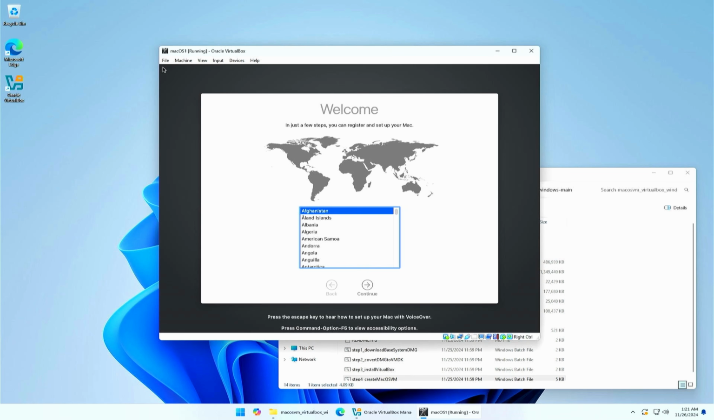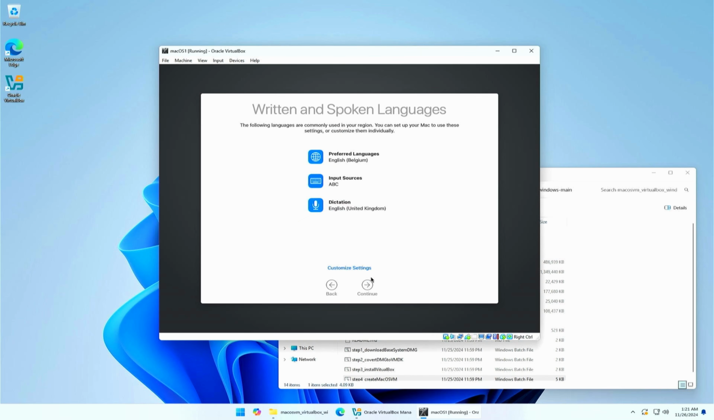If all goes well, you should eventually end up in the welcome screen. This is exactly the same as you would see when doing a fresh installation on real Apple hardware. Just click yourself through the steps in the wizard here. Start by selecting your location, language,